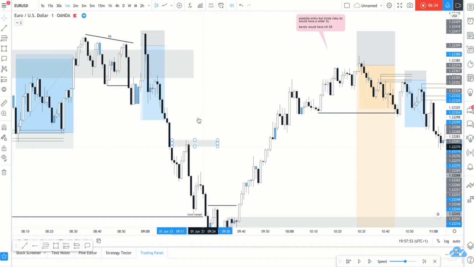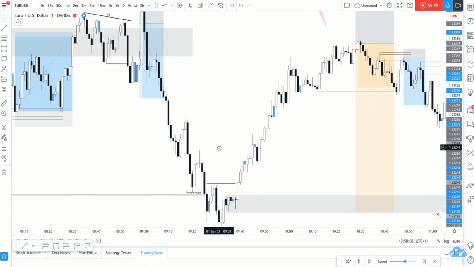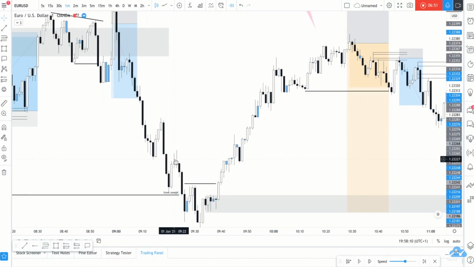And here, I don't know actually, because it could be an entry on the seconds, but I don't really enter on the seconds. But yeah, this could have been one as well, I believe. I think people I know would have taken this one too, but not me. Anyways, and then this one didn't have any other entries down, and then